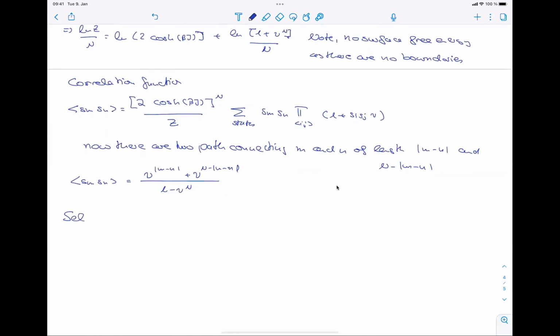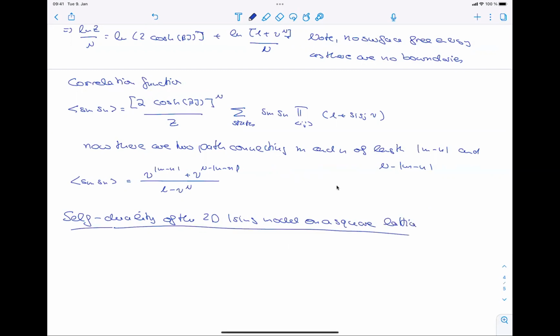And that's the topic of looking at the self-duality of the 2D Ising model on the square lattice. So that's a hidden but discovered symmetry